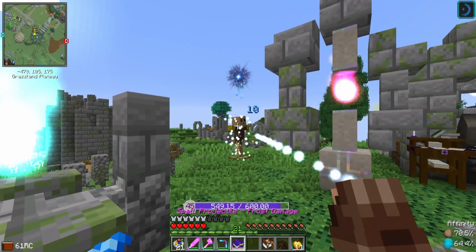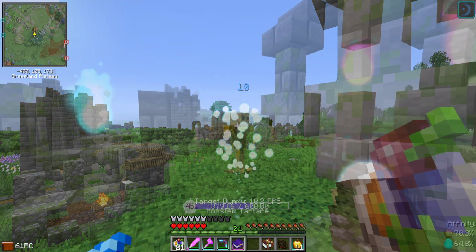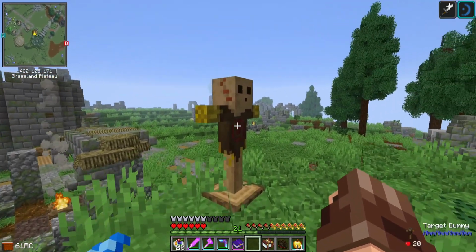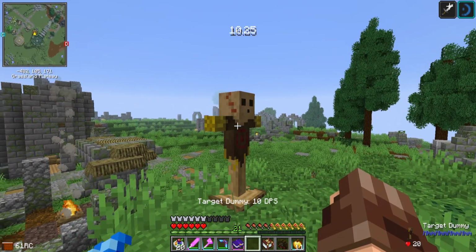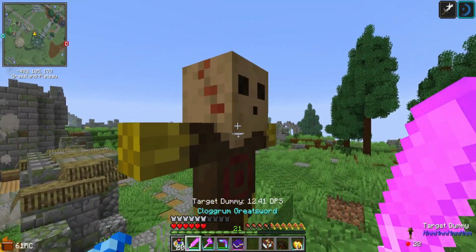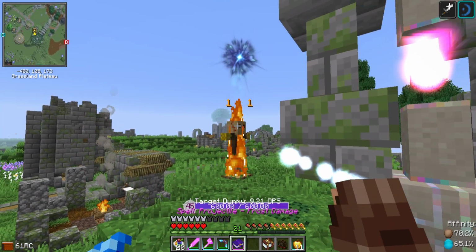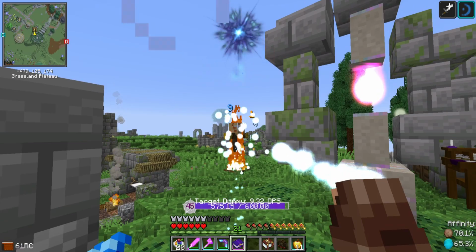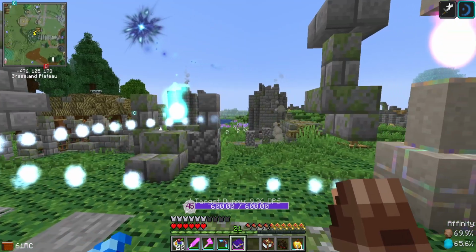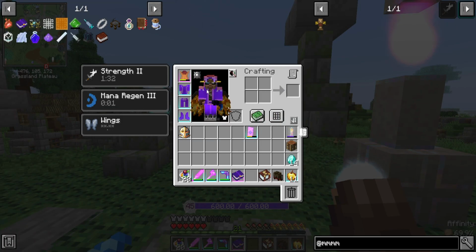But I can also use my magic damage. You can see it does 10 frost damage, so it's kind of blue and cold. And of course, if I eat my monster tartar and I'm under effective strength 2, I'm going to do even more damage that is ridiculous. 24 damage. I mean, come on, this is ridiculous. Of course, if I use my spell, it's not going to be as much because, well, you know, it's not melee. But anyway, let's get into some other stuff